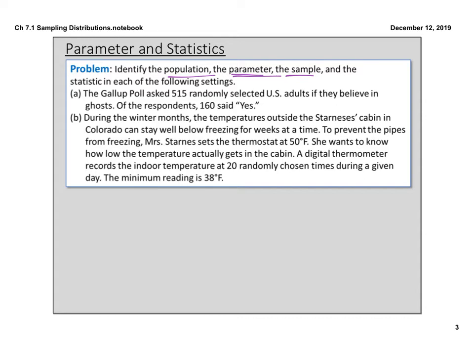So for B, you've got the population as all times during the day, which is an impossible population for us to calculate because time is a continuous variable. So you have seconds and infinitely many times between each second and the next. So it's impossible for us to gather data on every single piece of time in the day to get the whole population. So the parameter